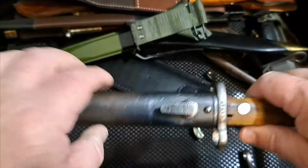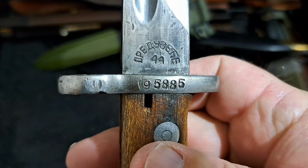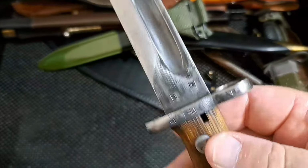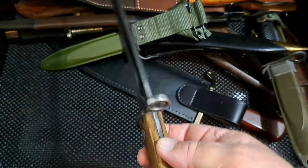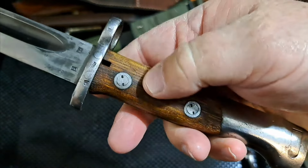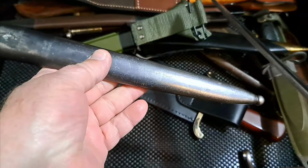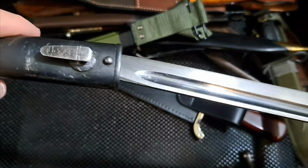This is an old bayonet. Really cool. I believe this is Swedish. I can't remember right now. It's in great shape. Pretty cool. Goes on a Mauser, which I have downstairs. Really nice. Look at that old wood on that thing. Pretty cool. Steel sheath to it, the old steel style sheath. I don't know that they go together, but